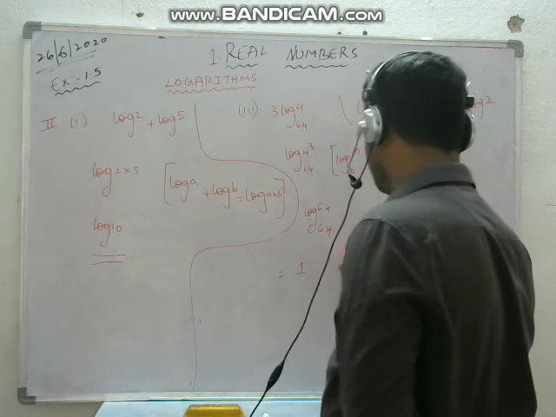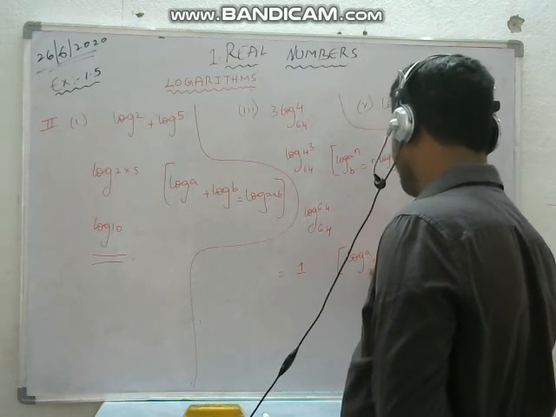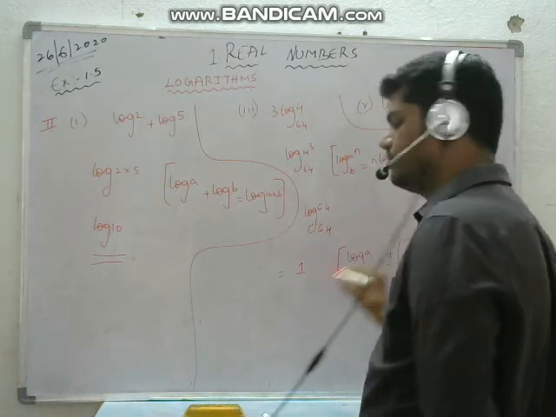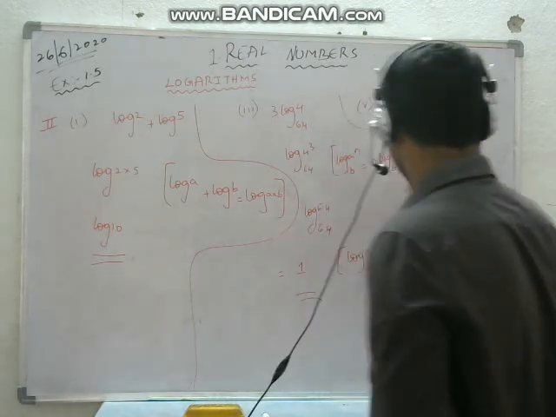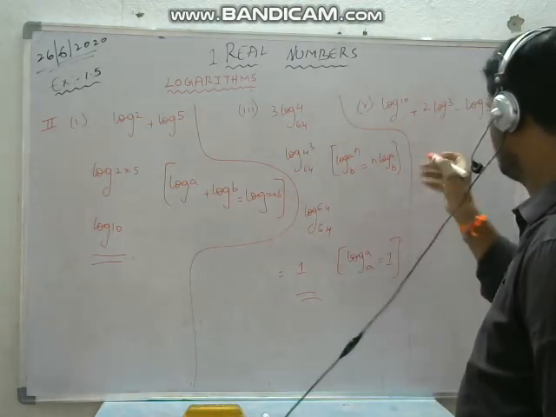Log value and base value the same means what is the answer? 1. Using the identity log a base a is equal to 1, you will get 1. One more problem we'll see: log 10